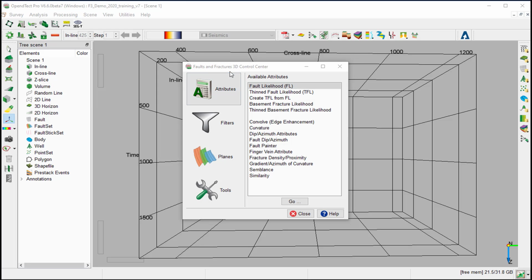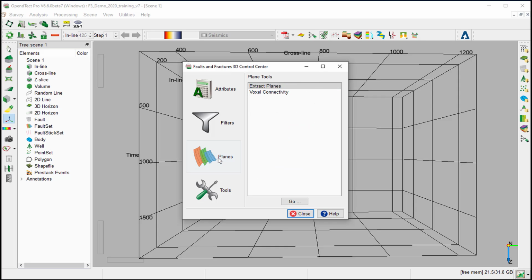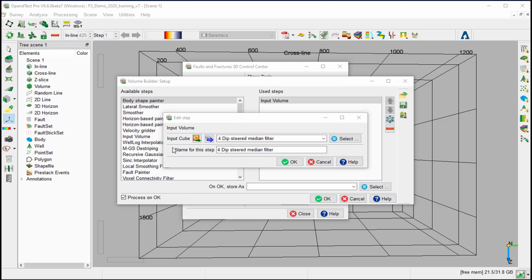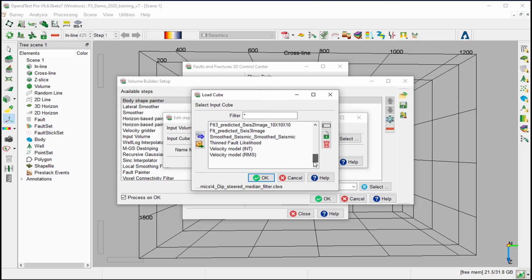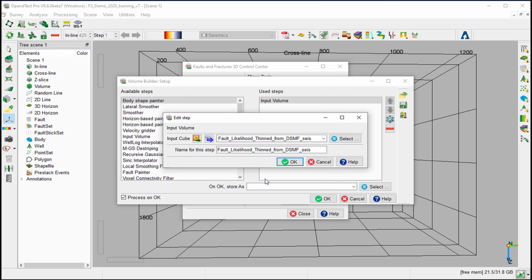In the Fault and Fracture 3D Control Center, select the planes model, Voxel Connectivity, then go. This first step defines the input cube to the workflow. So we go to Select and select the fault likelihood thinned from the SMF size and OK. You can set a name for this first step or keep the default with the name of the input cube